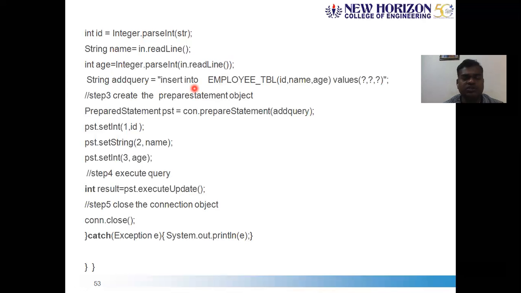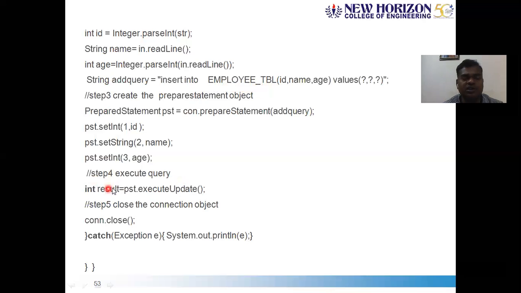If you use a loop structure, you can insert as many rows as you want into the table. And for this executeUpdate, the output will be an integer value, that is the integer value 1 will be returned, which indicates that one row got affected in the table called employee_TBL.